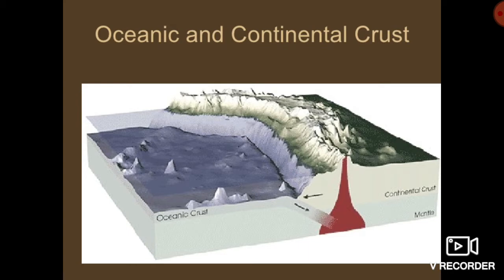Now you can see here through another diagram the basin kind of landform, which represents the oceanic crust on the left side. On the right side it represents the continental crust. You can see here a long chain of mountains. Just below the mountain is the red conduit which leads to the magma chamber. That conduit or pipe leads to the magma chamber through which magma in the form of lava outpours through volcanic eruption.